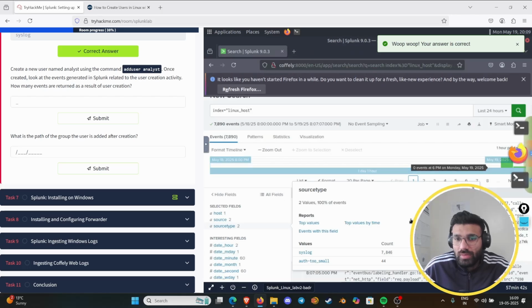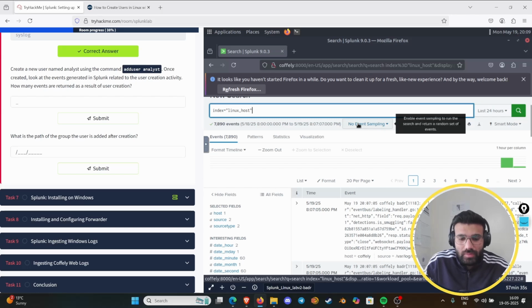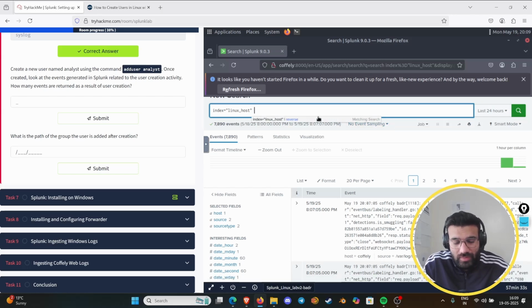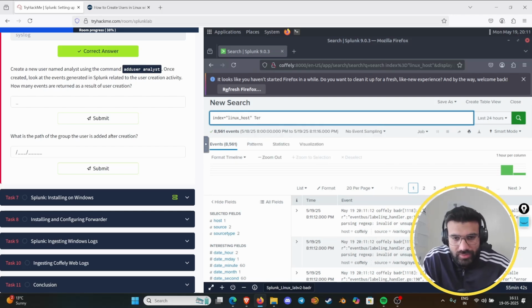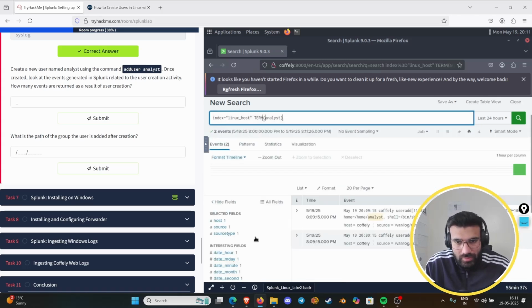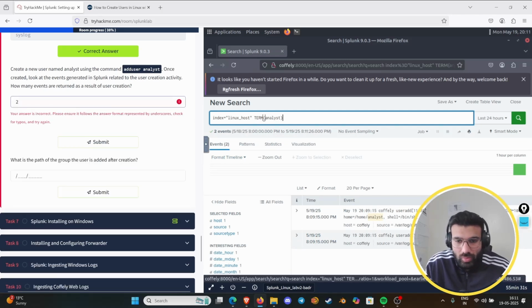Now let's go here. You have to search a specific term. So let's search the term analyst. It returns two events. Okay. Host is Kofili. So